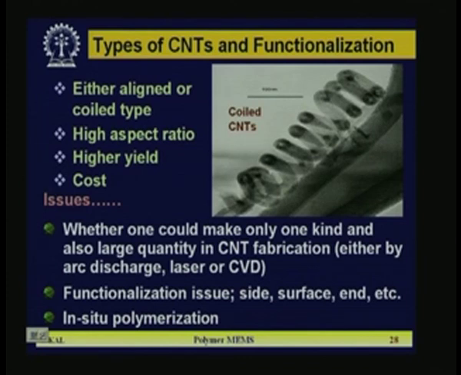They are either the aligned or coiled type, which is shown here. Some kind of coiled carbon nanotubes are shown in the diagram. You can adjust the aspect ratios, high yield and cost. It depends on which type of CNTs you are going to create and which kind of functionalization reaction you are going to adopt. But here the issues are whether one could make only one kind and also large quantity in